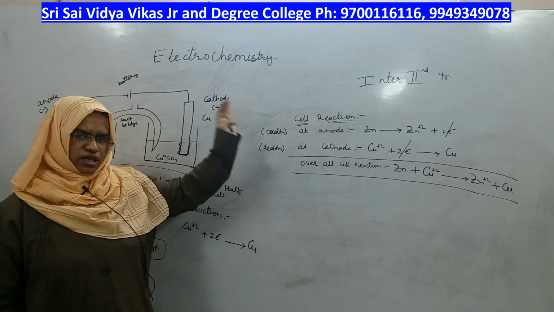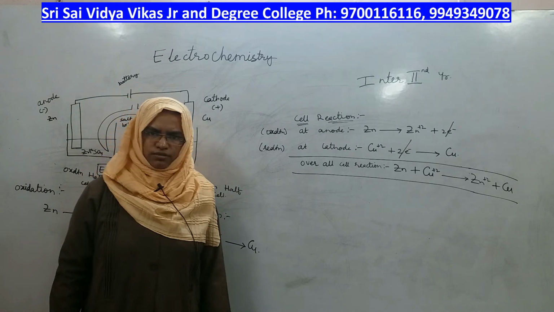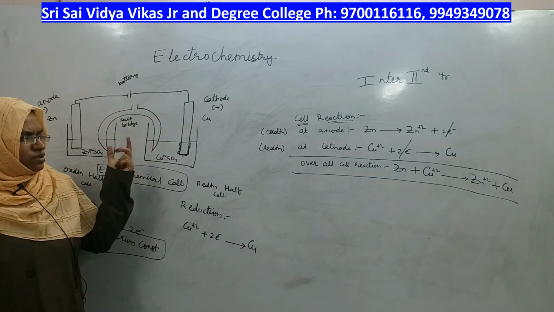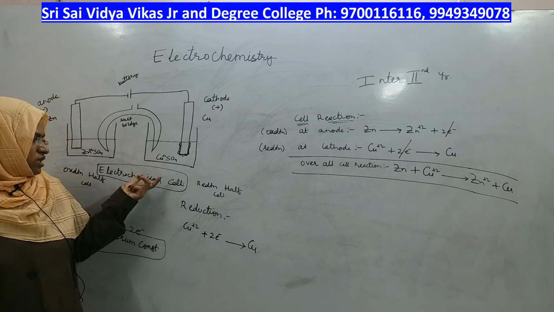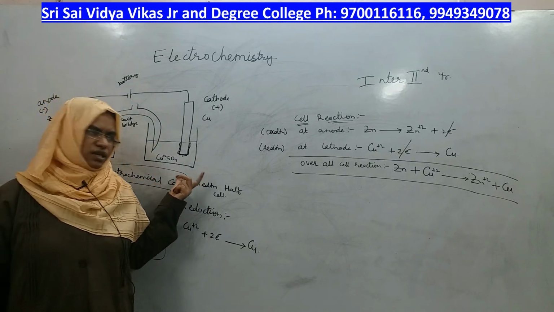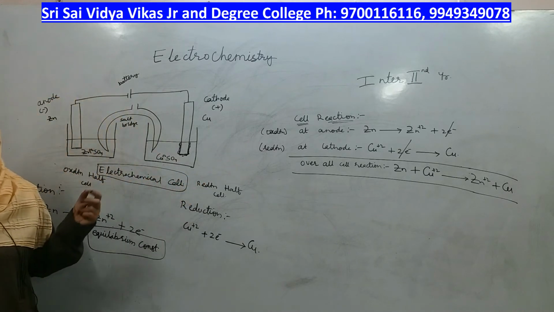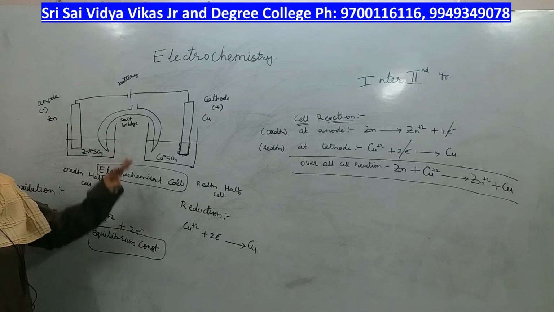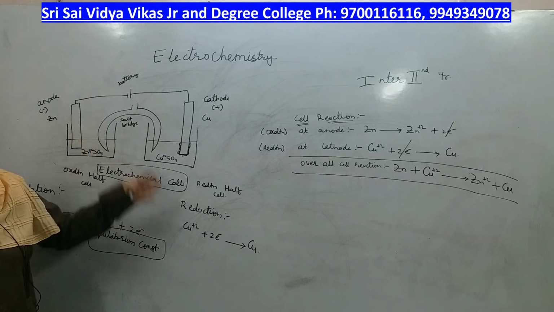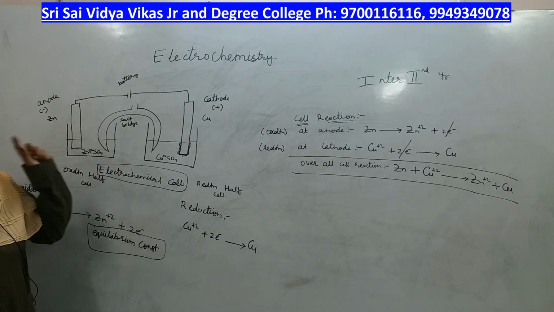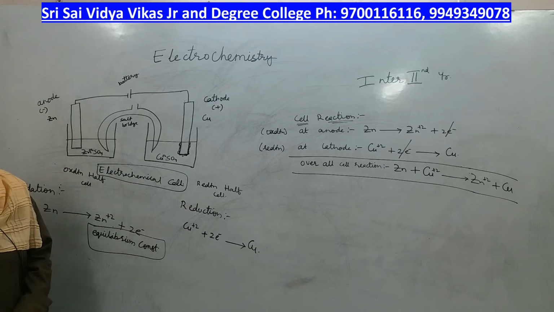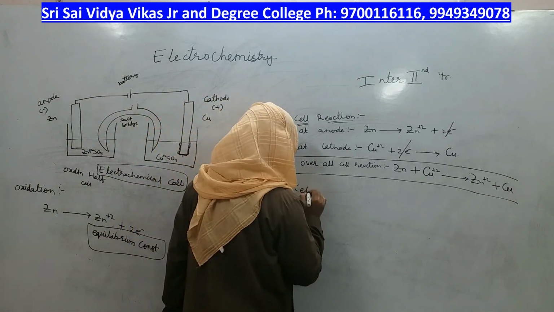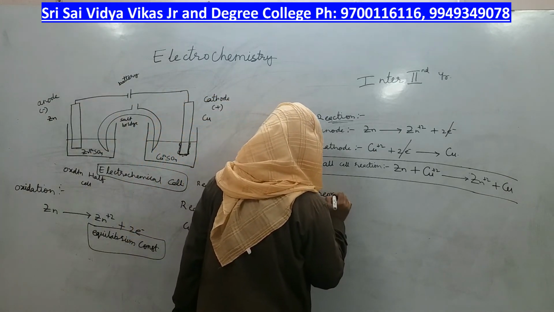And in the exams, it is not always possible to draw the big entire diagram and explain its working. So, what is the shortcut for writing any electrochemical cell? It is just writing the cell representation, which is the short form of the entire cell. Without drawing the diagram, you can explain how the cell is constructed simply by writing the short form, and that short form is called cell representation.